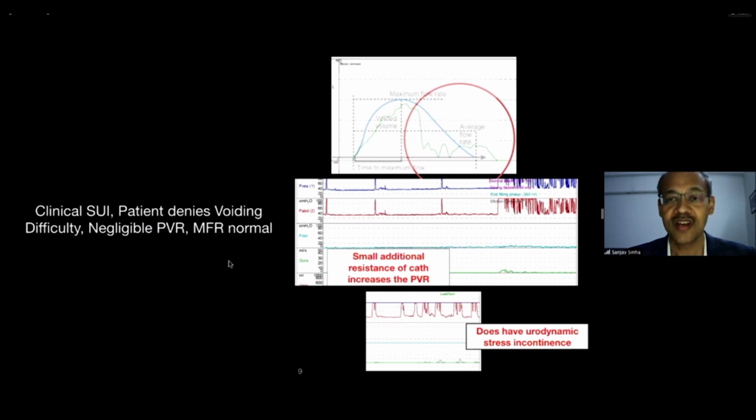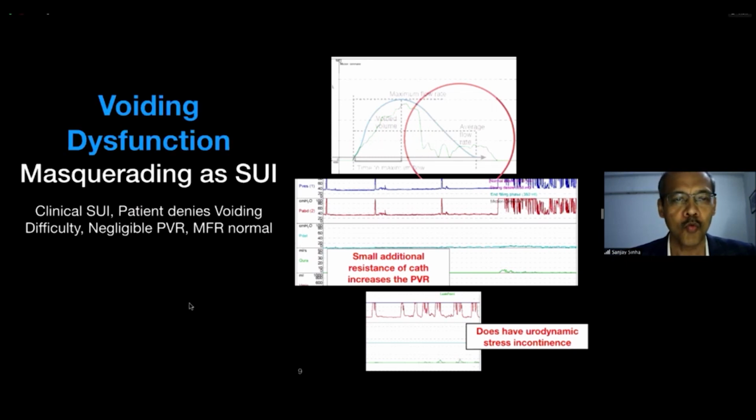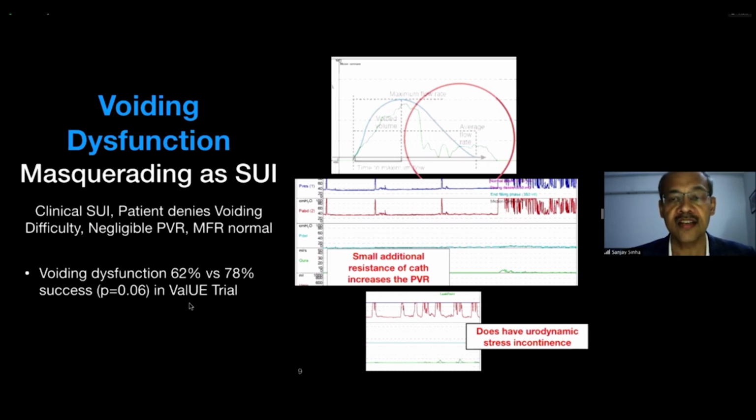So she would, in a loose sense of the definition, fit in with the uncomplicated patient, except when you were to scrutinize this flow trace carefully. So what I'm trying to imply here is that it's important to make a careful scrutiny when you apply the definition. Now, remember, the guidelines have recommended that patients who do not have voiding dysfunction, compared to those who have